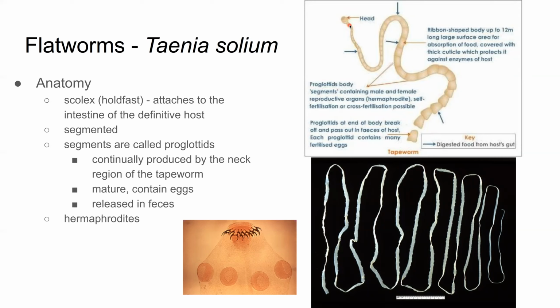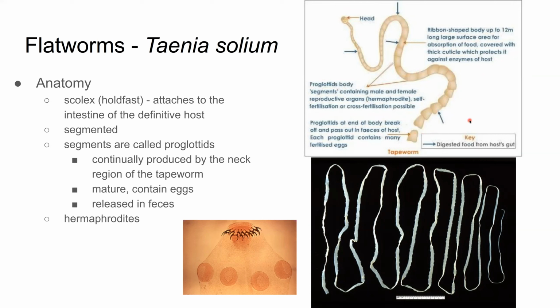If you look further down the head, you see these little segments beginning to show up. These are called proglottids, and they actually are continuously produced by the neck. And as new ones are produced, the old ones end up being pushed further and further down, and they mature. They contain eggs, testes and ovaries, eggs and sperm. And as the proglottids get older, they mature into gravid proglottids containing fertilized eggs that are ready to form new worms, and eventually these proglottids actually fall off. And so the adult worm is still in the intestine, but it's releasing its eggs in these little mature segments